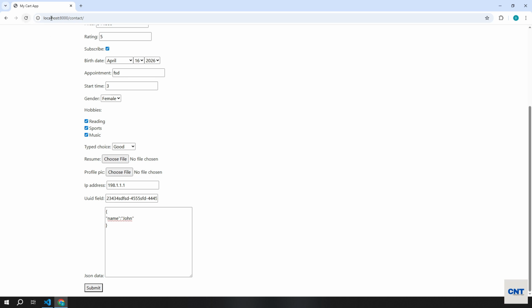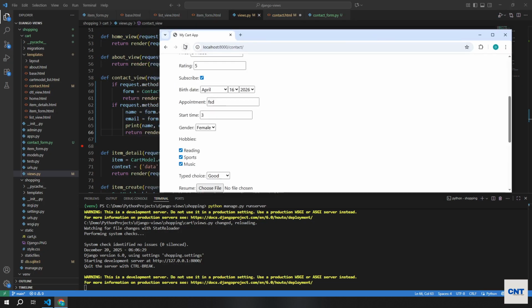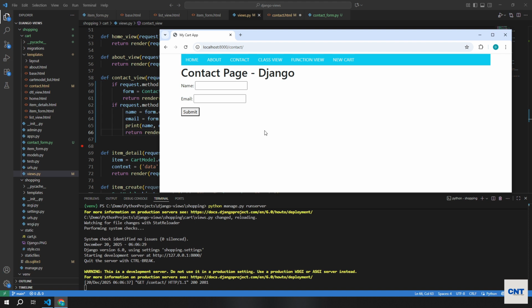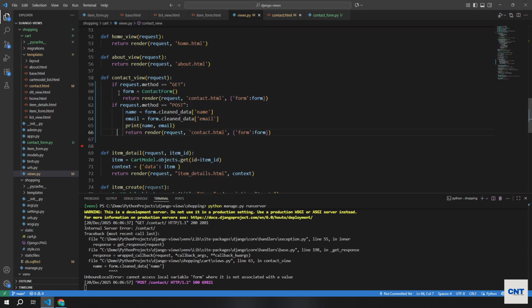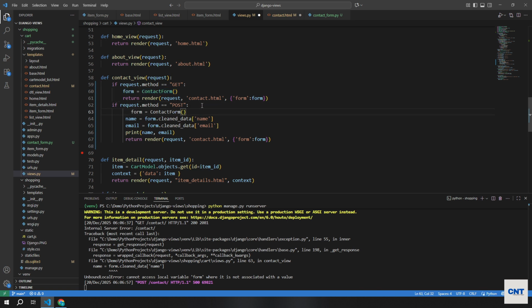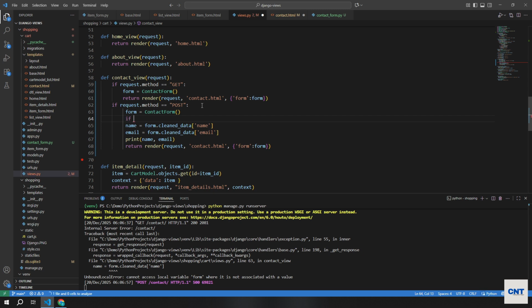Okay, let me refresh the form. Now we have two fields, John. I have inputted correct values for the email and then click on the submit button. Cannot access local variable form where it is not associated with a value. Okay, so we have made a mistake that we did not create an object for this. We forgot. And one more important thing I want to tell you is that we have to check the validation for